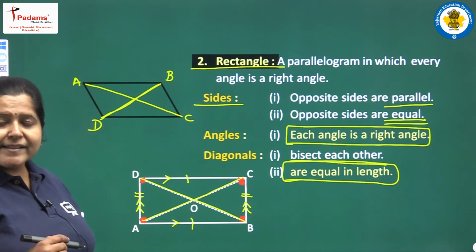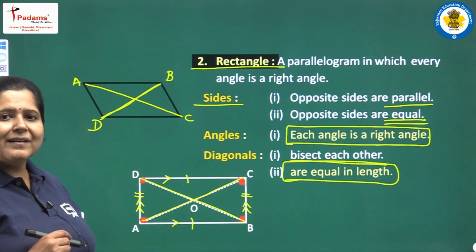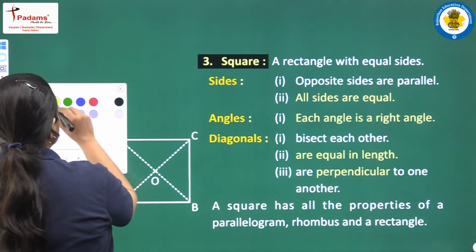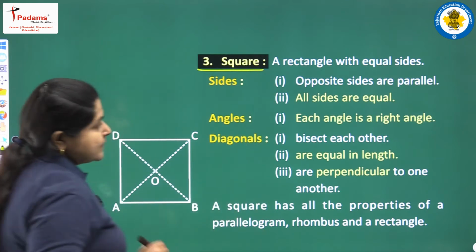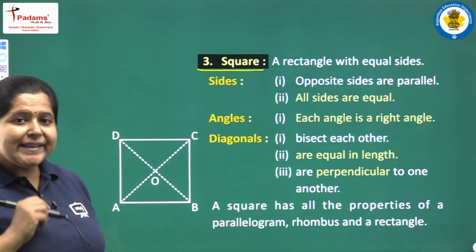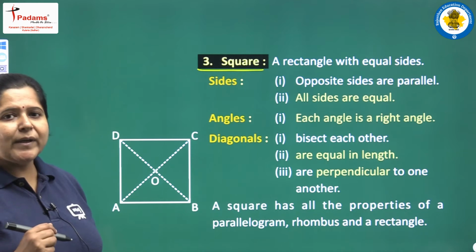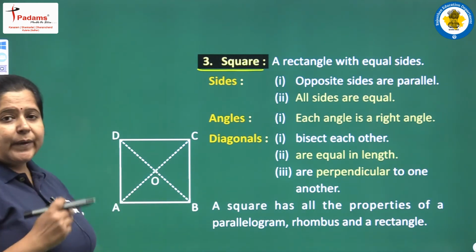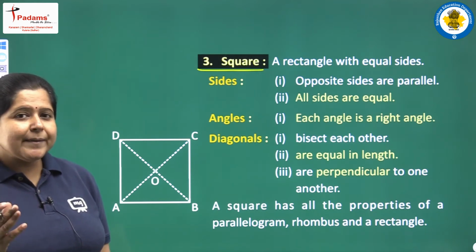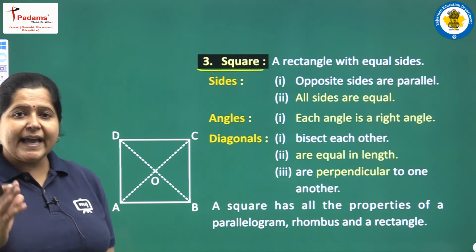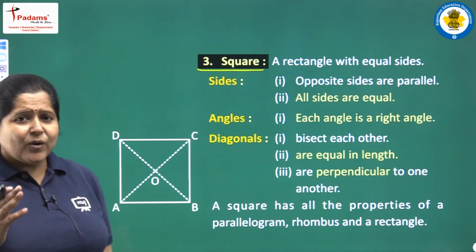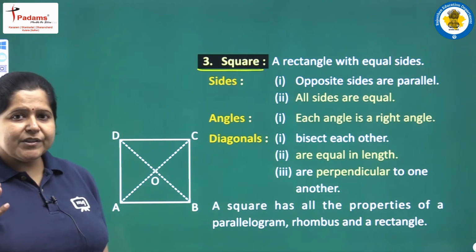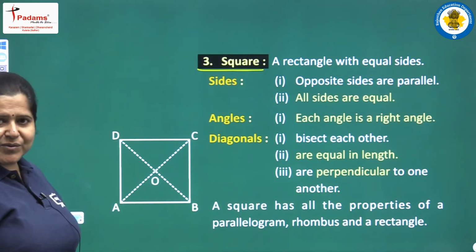Then we have the next special parallelogram, which is a square. A square is a rectangle with all its four sides equal in length. We have this square with us. It is again a very familiar shape. The Ludo game that you play, the chess board, the carom board, the snakes and ladders, all these games have square boards. So, you all are very much familiar with this shape square.